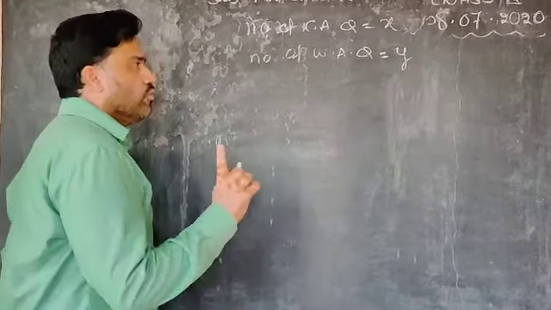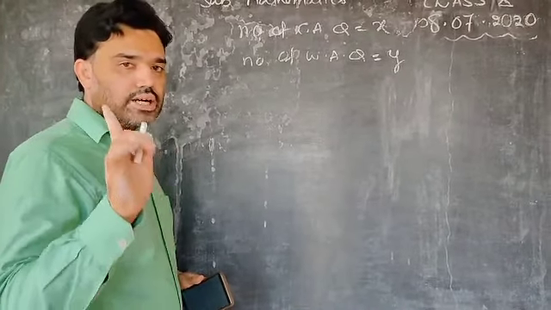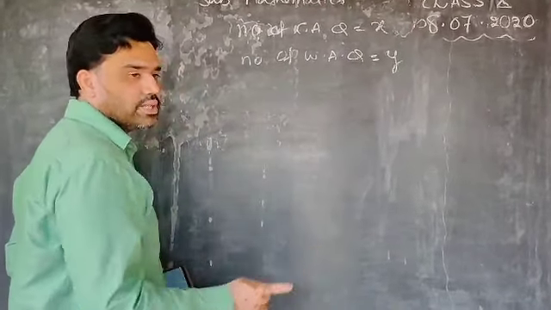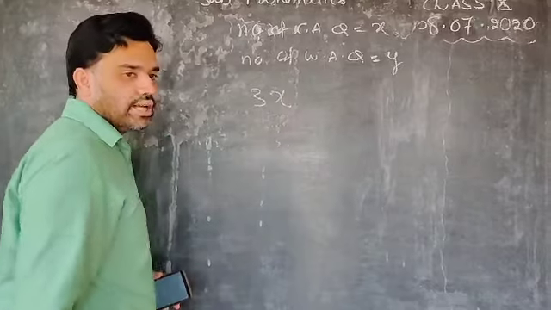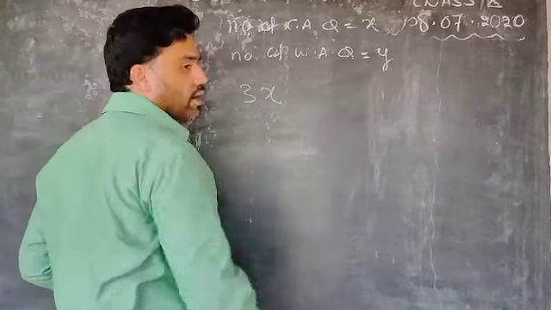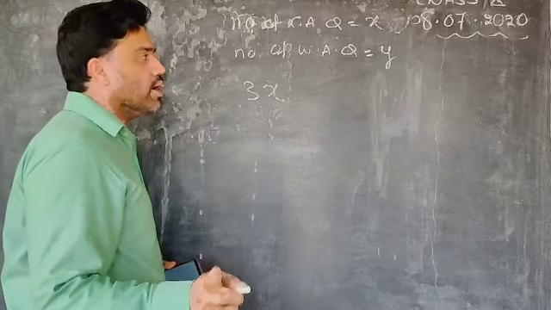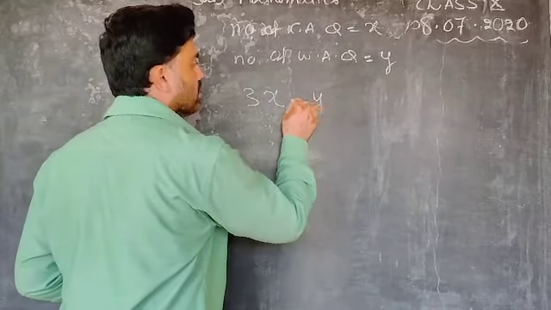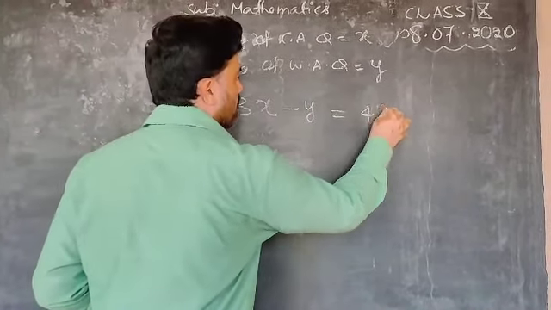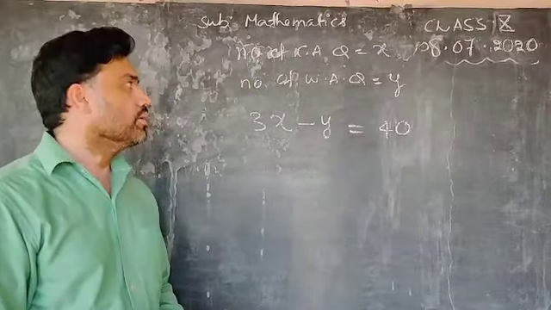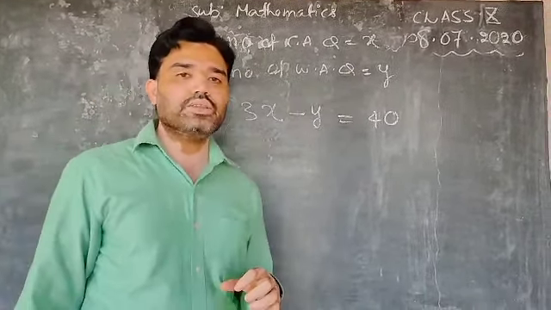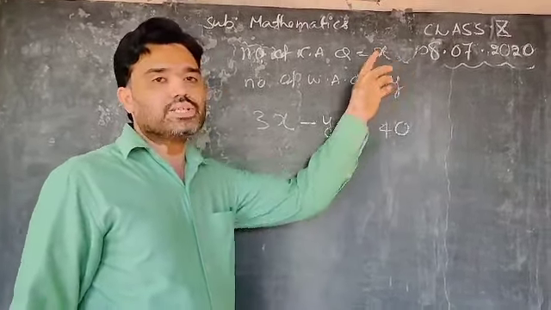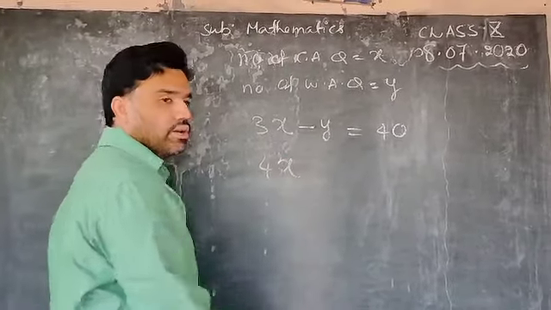So if one question is answered right, then 3 marks will be awarded. It means for x correct answers you will get 3 into x, 3x marks. And if the question is incorrect, 1 mark will be deducted. So for y incorrect answers, y into minus 1, that is minus y. Totally he got how many? 40 marks. Now let us look at the second situation, that is for every correct answer 4 marks will be awarded. For x correct answers, therefore, 4x marks. Are you understanding?